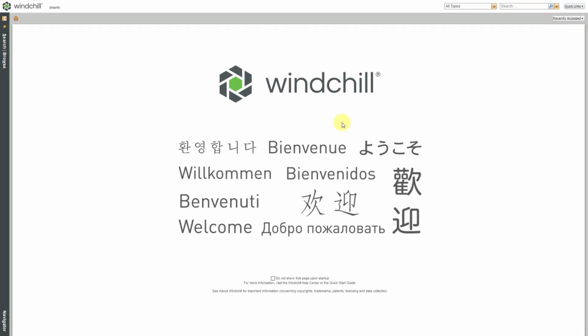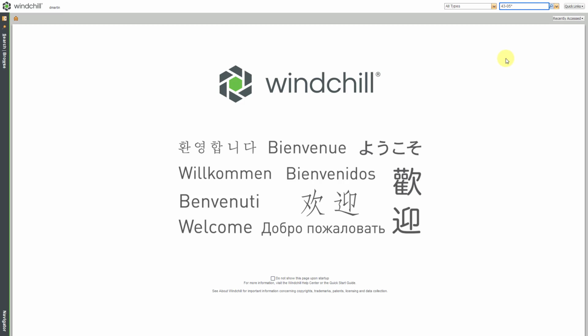In Windchill, you can edit the attributes of a WT part. After you log into Windchill, locate the object that you want to edit. You can either browse for it if you know where it's located, but probably the most efficient way of finding it is by searching for it based on any criteria that you know for the name or the number.